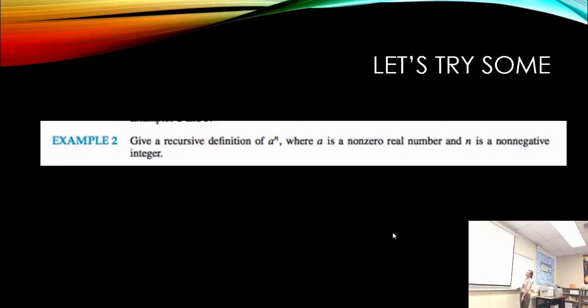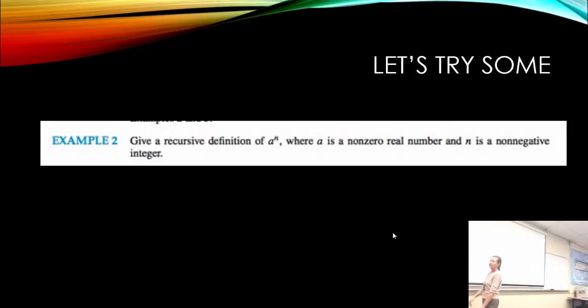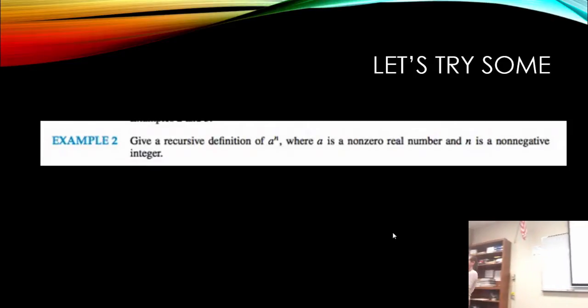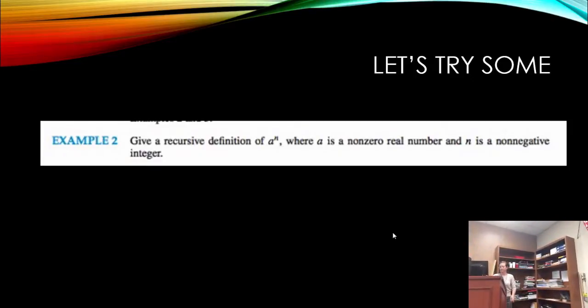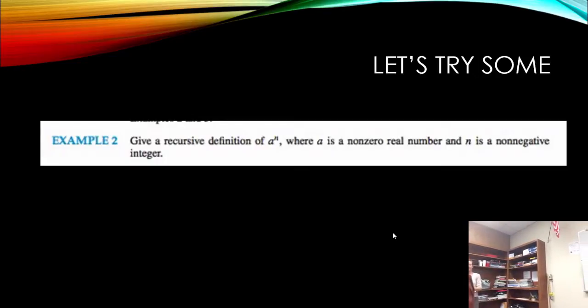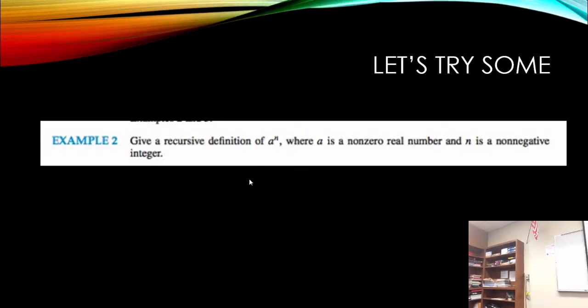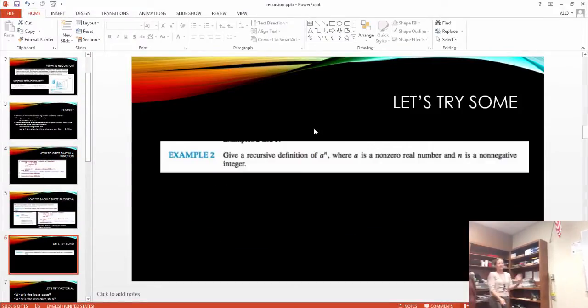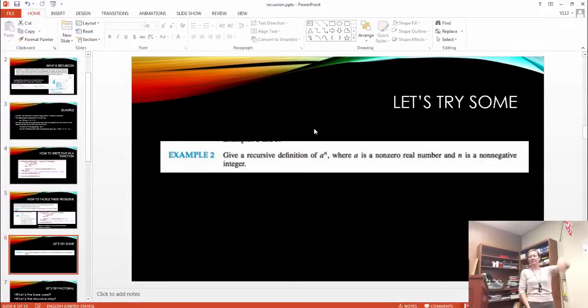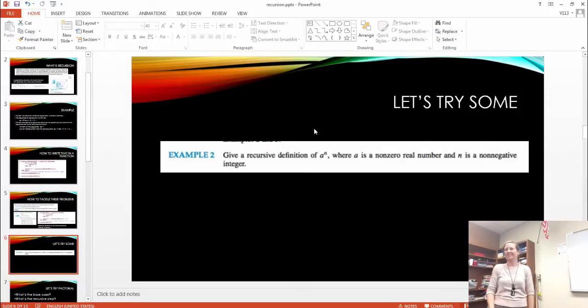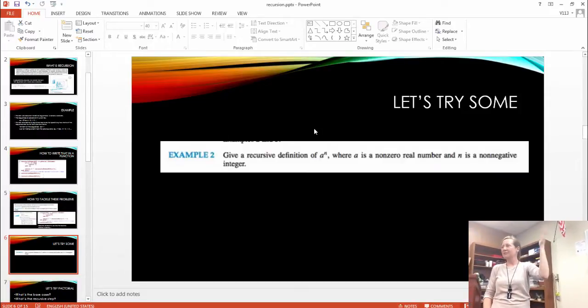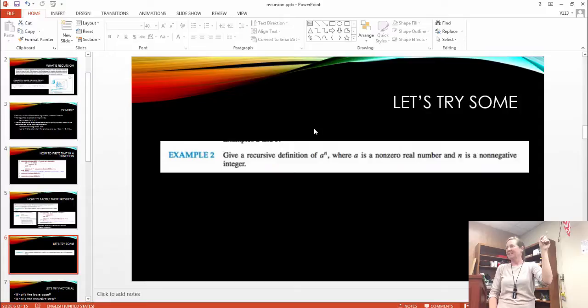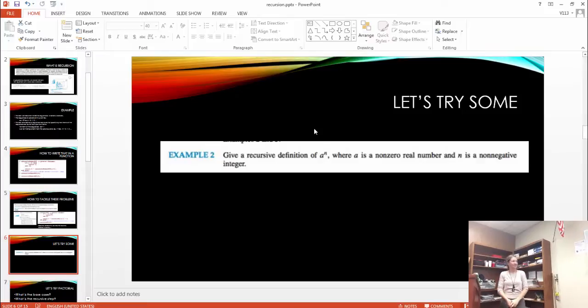Actually, we can just start coding this thing. What's our base case in this guy? You guys should realize what the base case is. When n equals 0, what is that integer going to equal? Whatever it is, 1. Remember, anything to the power of 0 is 1. So that's our base case, n equals 0. So that should be pretty easy to write. Okay.